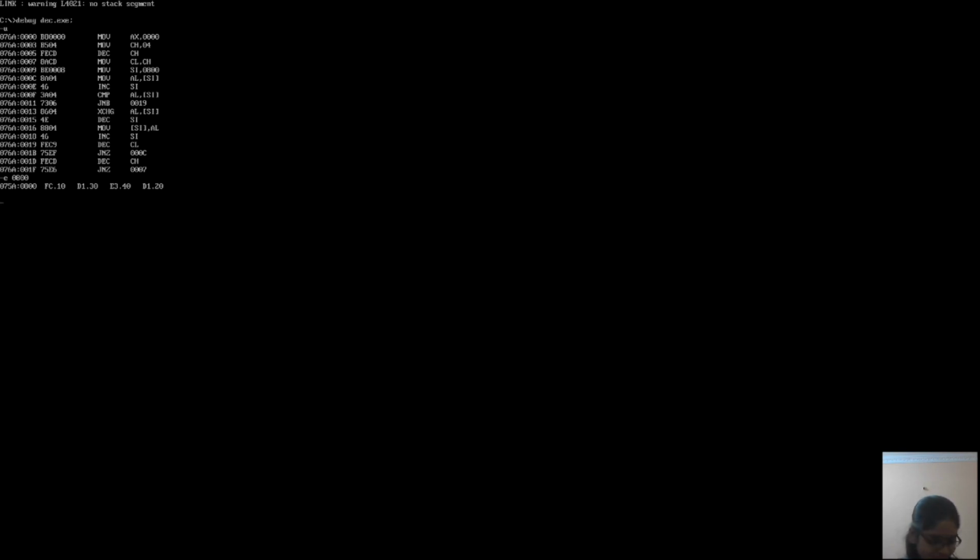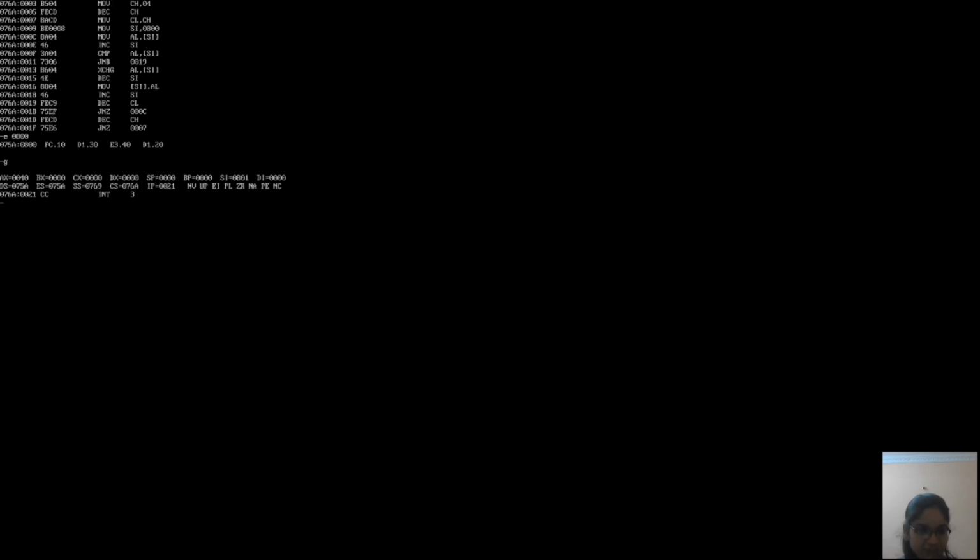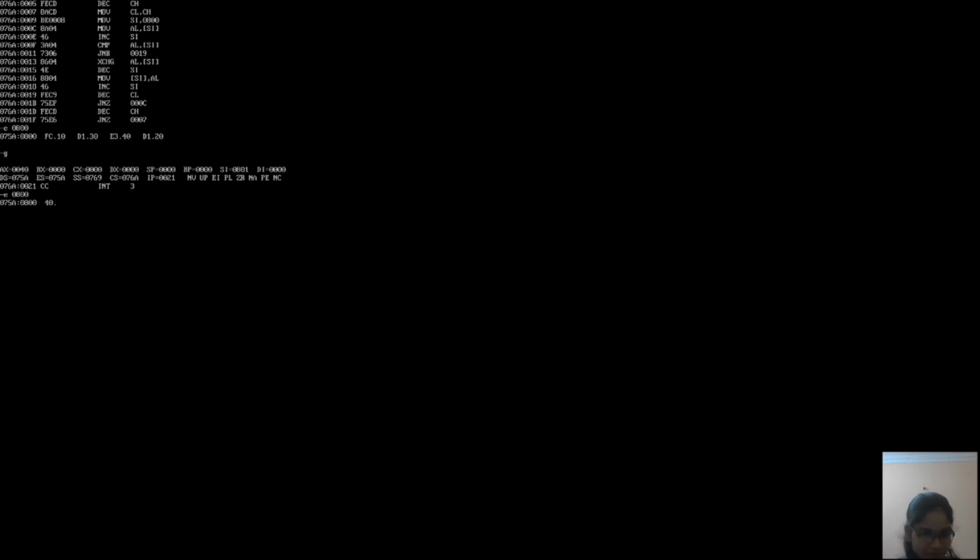After pressing enter, I press G and execute this program by pressing enter. So you can see here these are the registers which are filled with some content, but we want to see our data in the same memory location. So I again press E and our memory location which is 800 and press enter. Now you can see here these four numbers are arranged in descending order. So you get 800 location is 40, 801 location is 30, 802 location is 20 and 803 location is 10.